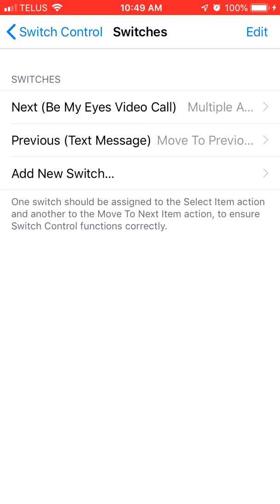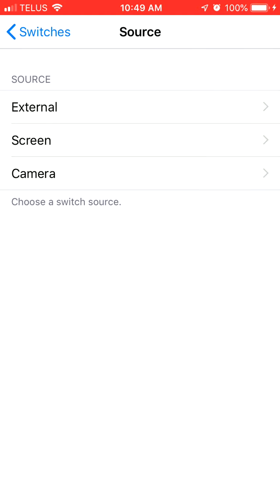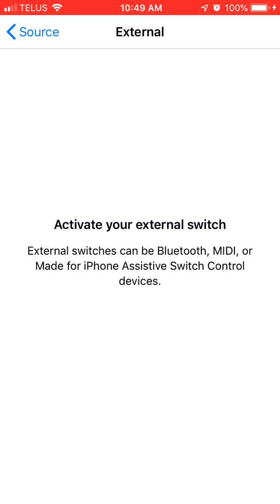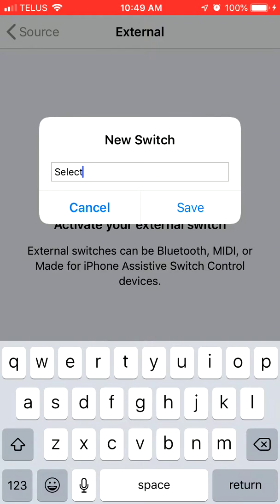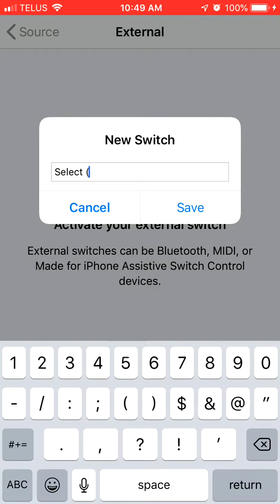So we're going to go back. Now we're going to add another switch, External. This time we're going to activate the switch in the middle of the button control interface. So I've activated the middle switch, and we're going to label this one as Select, as this will be the button that is used to select things on iOS switch control. Its alternative function will be to make a call